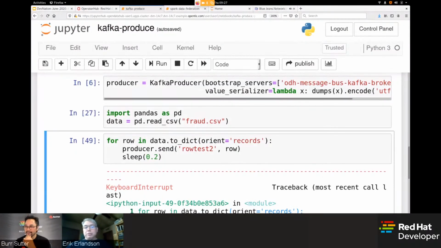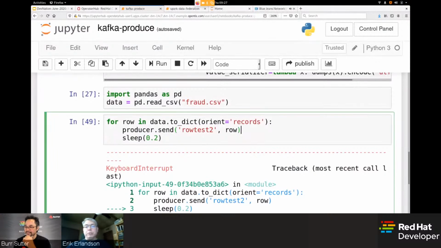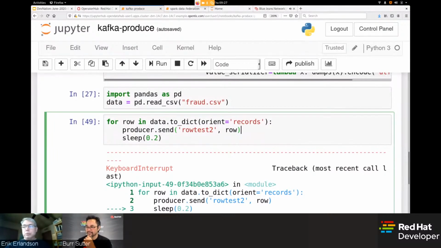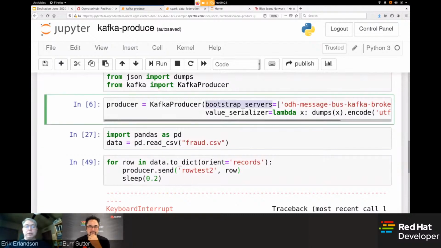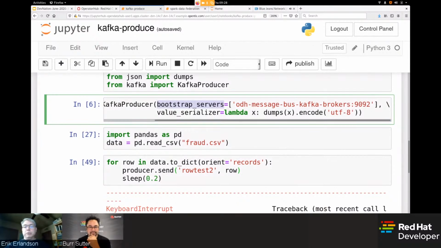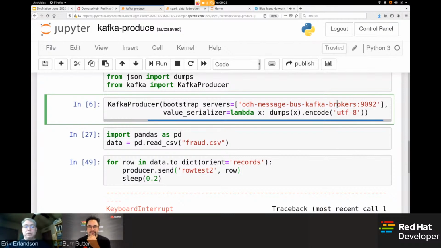Yes, this is definitely not how you would generally want to produce data, but if you're interested in doing something like just test beds or demos, it's actually kind of useful because you can show people the code. So you can see it didn't take much to push this over Kafka. I just had to attach to the cluster here the standard broker. This is the actual service name from OpenShift. Okay. So it makes it really easy to attach to.